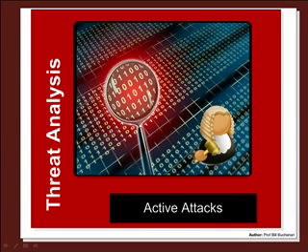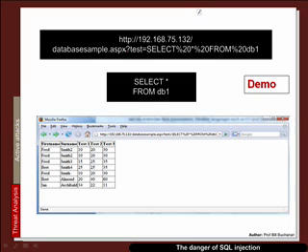Another threat which is current is related to active attacks, and an example of this is an SQL injection attack. In this case, what we can see is that a parameter is used to get data through a URL and into the program. In this case, we have a variable called test, which is meant to be used to pass information, but what's actually happened is that this SQL information has not been filtered and has gone straight down to the database. So when it's passed to the database, then